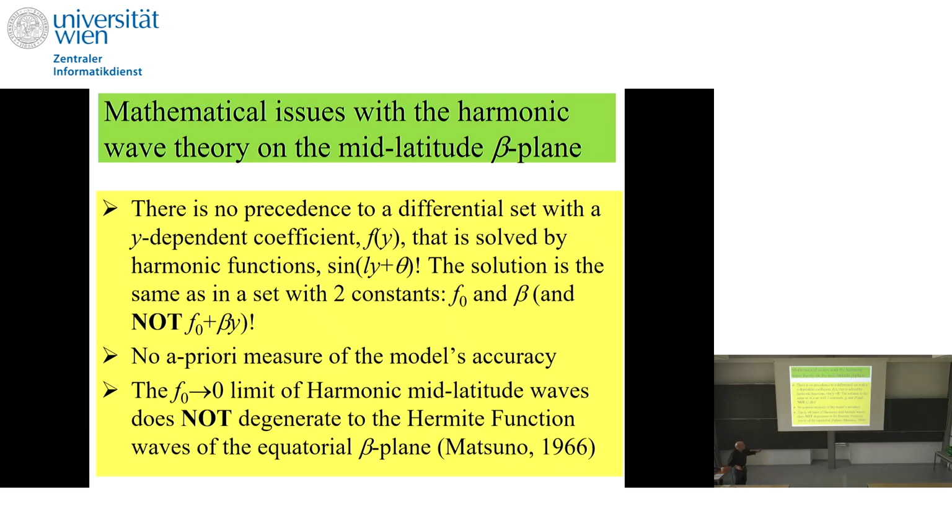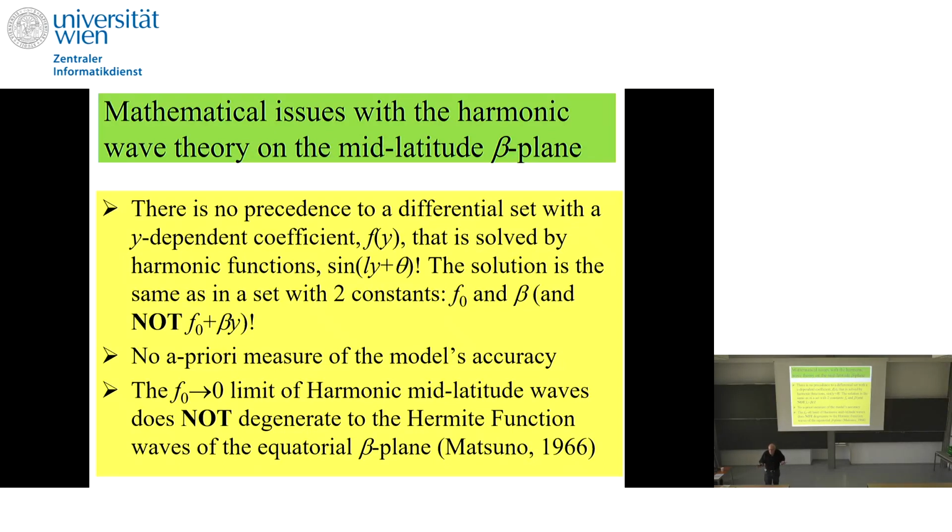And the sine and cosine solutions that we have here in terms of y will never approximate the Hermite functions that are the solutions on the equatorial beta plane. So somehow the solutions on the mid-latitude, what I showed you now, are divorced entirely from the solutions on the equator, which is a bit